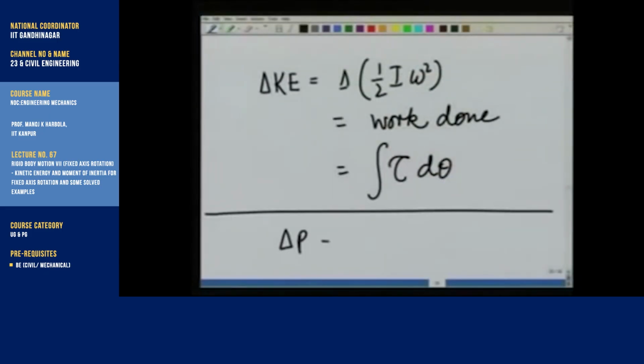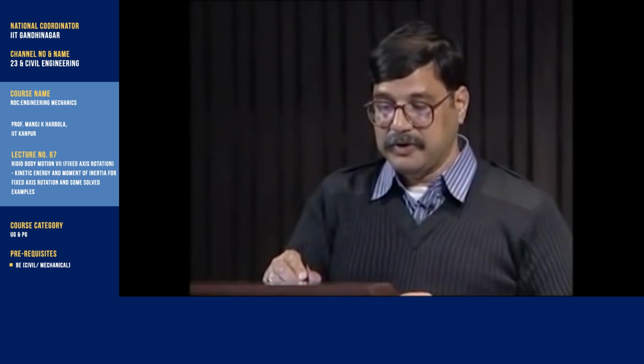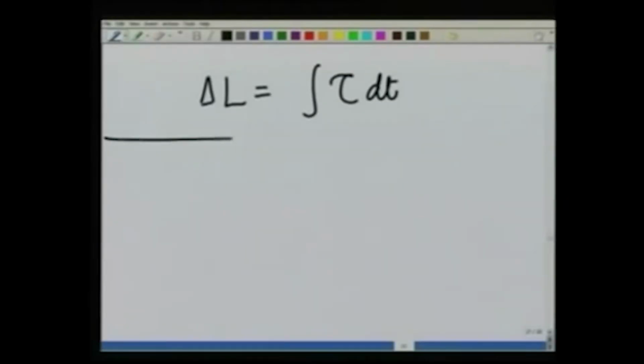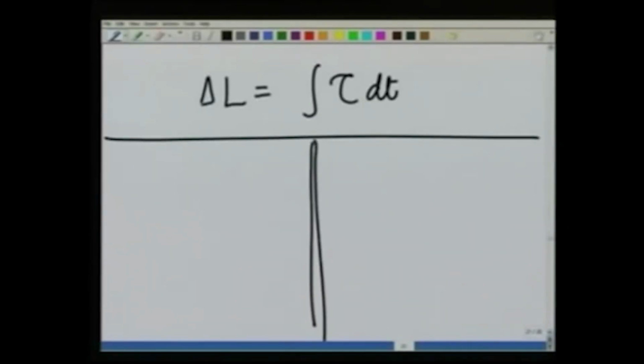Its momentum changes by the amount of impulse F dt. In the similar manner, if I apply an impulse and that provides a torque, its angular momentum is going to change by the torque impulse. So, let us see in the case of rotation about a fixed axis, what are the equivalent quantities of single particle